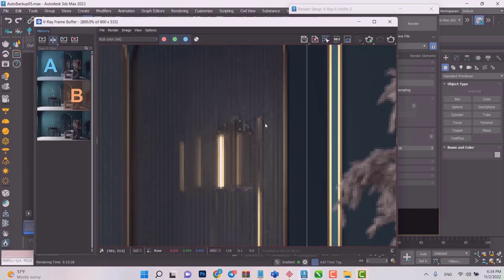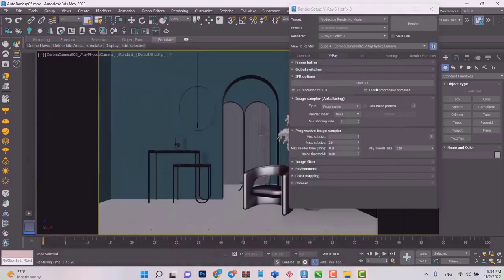For example, let's say 60 or 80, and that's why we have a higher quality with the one that had 100 max subdivisions. So I suggest that you use a max subdivision of 5 for your test renders and 100 for your final renders. Okay, so this is how you can just work with these numbers.